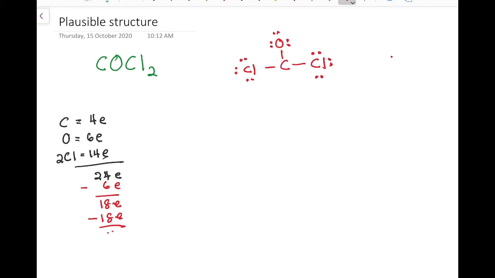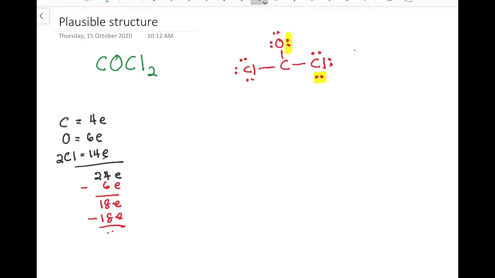Alright, now let's look at the central atom. Does the carbon octet? Not, right? So how to help carbon to become octet? So we have two possible atoms to donate a pair of electron. The first one, maybe oxygen donates its lone pair. And the second possibility is chlorine donates its lone pair, because we have two identical chlorine. Maybe this chlorine will donate a pair of the electron. So because of that, we have to draw both.